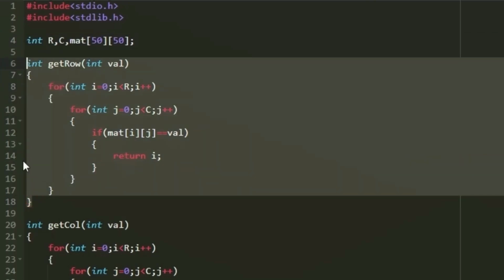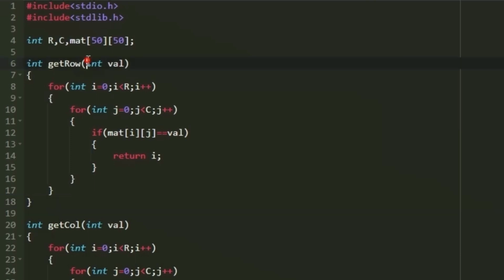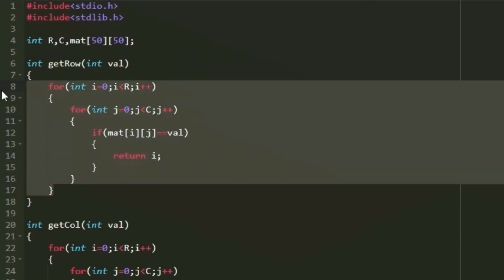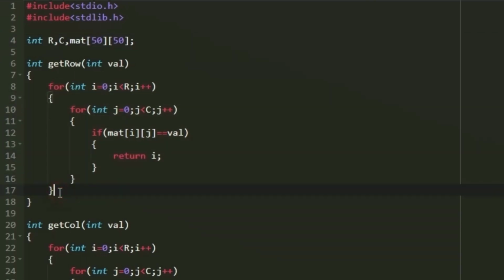And after that I am creating a function named getRow. So this function getRow accepts the integer in its arguments, and it returns the row in which the particular integer is present. So in order to find the row in which the value is present, first we have to iterate through our matrix. So to iterate through the matrix mat, I am creating a nested for loop, and in every iteration of this nested for loop we will be checking whether the matrix integer is equal to value or not, and if that condition is satisfied, then we will be returning the row in which that particular value is present.